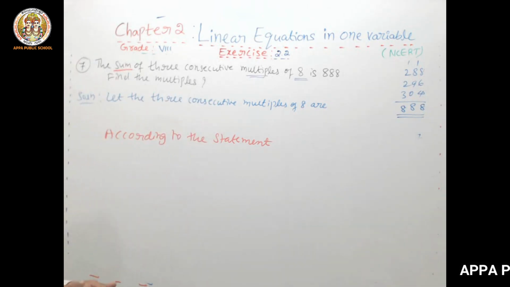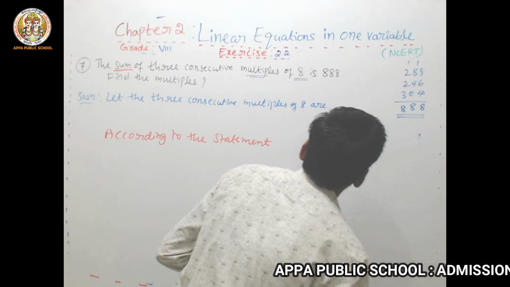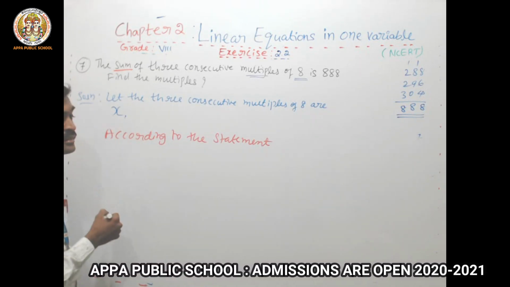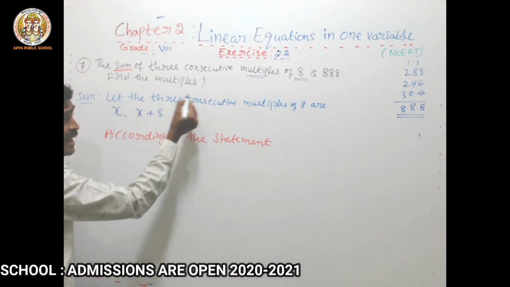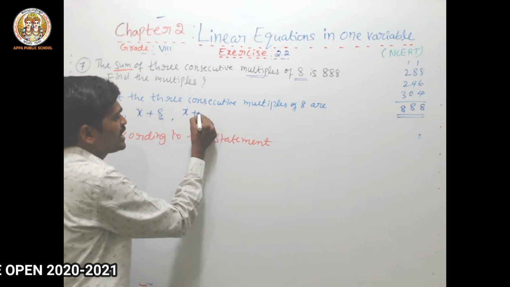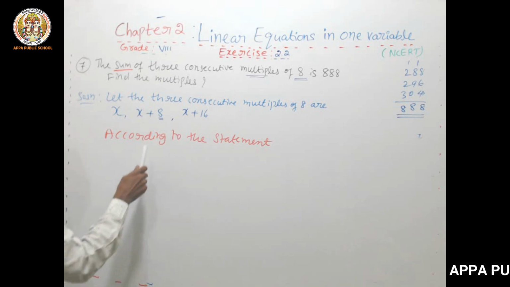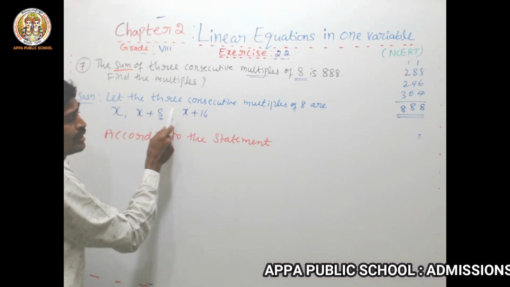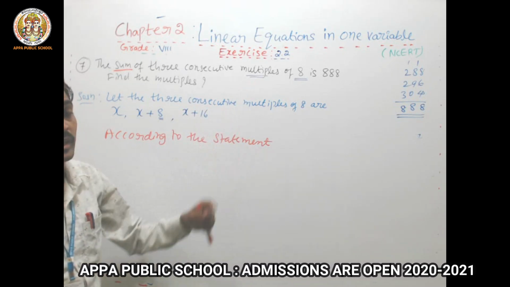As we take integers, 3 consecutive integers x, x plus 1, x plus 2, no? Here what I am taking, the 3 consecutive multiples of 8, no problem. Can I write first number x, second number x plus 8, because they told multiples of 8, no, that's why you have to go for x plus 8. Another you can go for x plus 16. It is not compulsory, my dear students, you can go for 8, 16. You can start with 16, 24, 32. Like this different multiples of 8 also you can take, definitely getting 888.